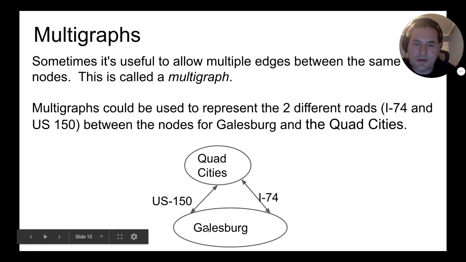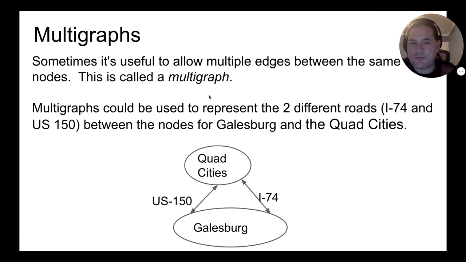And then also, maybe we could measure the amount of beauty, so this is a less pretty ride than this is. This goes through beautiful farm country, but also small little patches of woods. And this is an interstate, so it looks like an interstate. It goes through cornfields. So that would be a multigraph if you would allow multiple different edges between the same